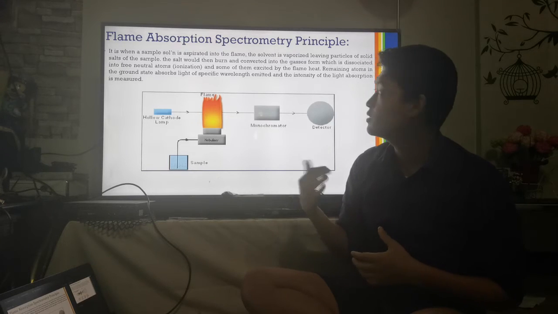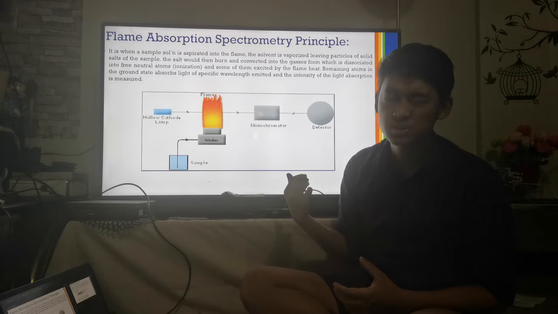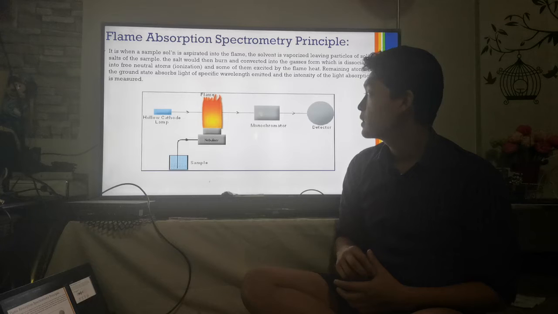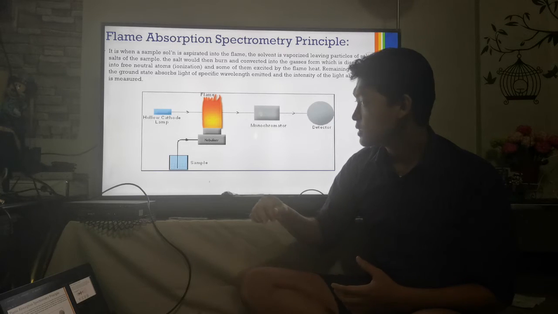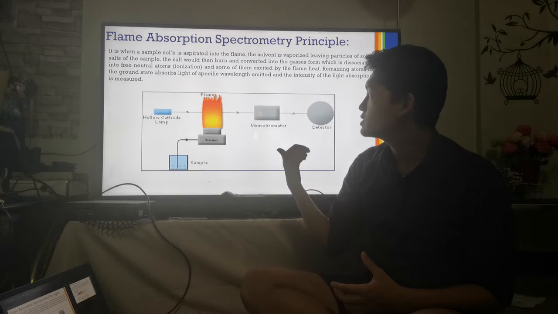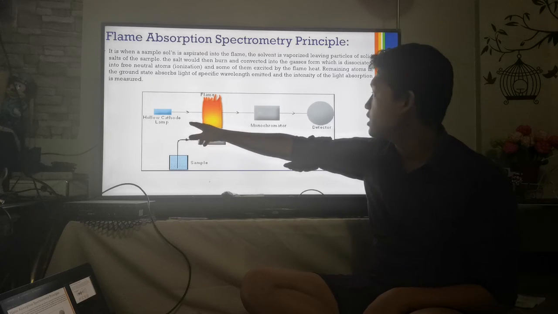The salt would then burn and convert into gaseous form, which is dissociated into free neutral atoms, or went into ionization, and some of them are excited by the flame heat. Remaining atoms in the ground states would then absorb light coming from the hollow cathode lamp, which would transmit radiation